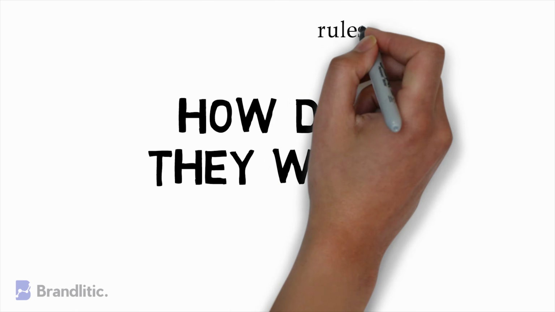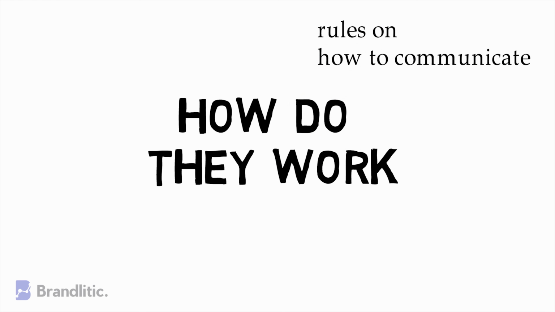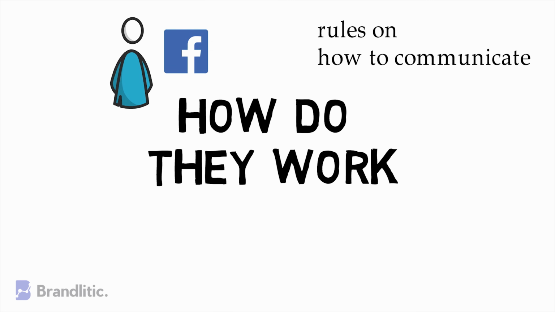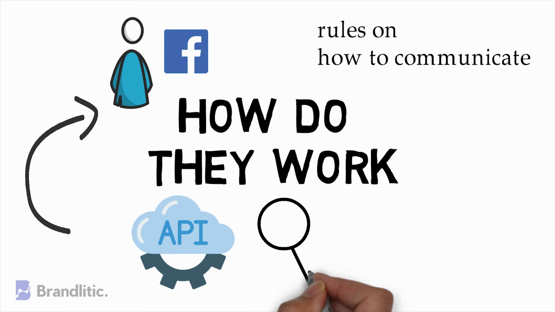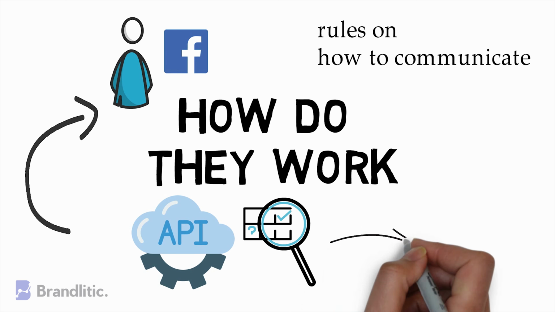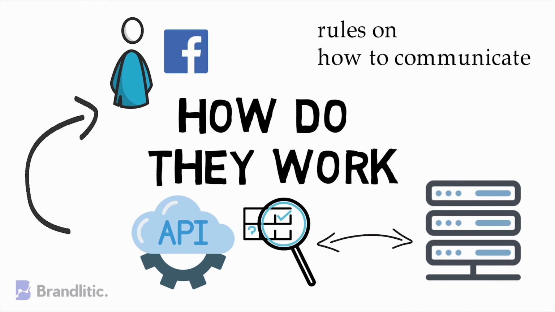Well, API communicate through a set of rules that define how computers, applications or machines can talk to each other. To understand an API, let's take an example of you signing into your Facebook account from your phone. While doing this, you are telling Facebook application that you would like to access your account. Your application then makes a call to an API to retrieve your account and credentials. The API acts as a middleman between you and the Facebook's server to let you use your account on your device. Once your credentials match, Facebook would then access this information from one of its servers and return the data to mobile application. These types of APIs are called web APIs and are the ones which are most commonly used, but they are limited just to web.